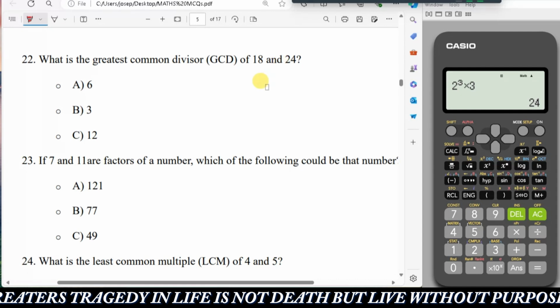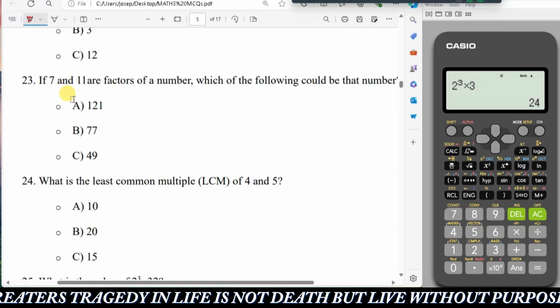Number 22 says, what is the greatest common divisor of 18 and 24? So look out for the factors of 18 and 24 and the common factor that divides both, and that is greatest among all of them. When you look at the factors of 18 and 24, 6 is there, 3 is there, 12 is not there because of the 18. So C is already out, leaving 3 and 6. And they say the greatest, so the greatest is what? A,